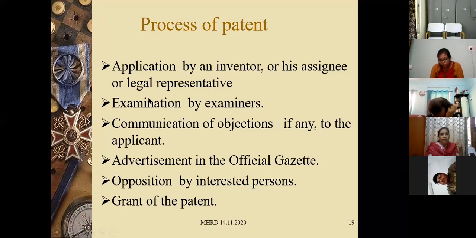You submit the application, or you can assign someone, or you can hire a legal representative. Then the patent officers, who are trained professionals in examining the patents, will examine our patent and try to verify. This process is called prior art search. So when you disclose the invention using an invention disclosure form, the legal representative or the patent office will give you an invention disclosure form. In that you have to disclose everything. You should not withhold any information. And once you submit, they will screen it for prior art search.